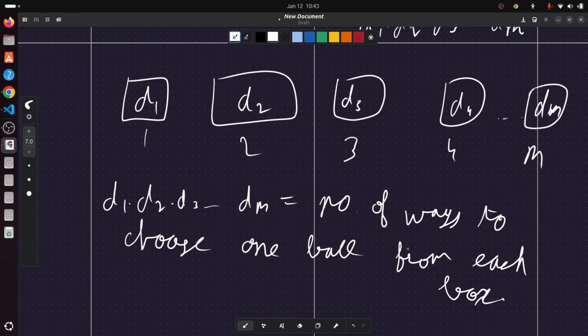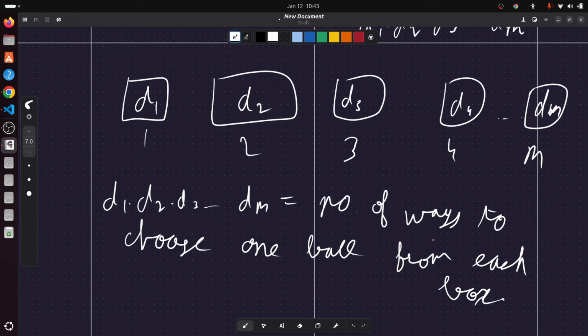Okay, if from the first box we have to choose one ball, there are d1 possibilities of that. Then from the second box we have to choose one ball, so there are d2 possibilities of that, and so on until the mth box, where we have to choose one ball, which has dm possibilities of that, right? So basically this d1 d2 up to dm is just the number of ways to choose one ball